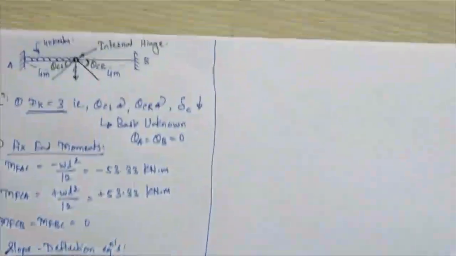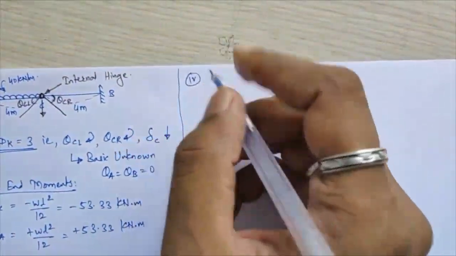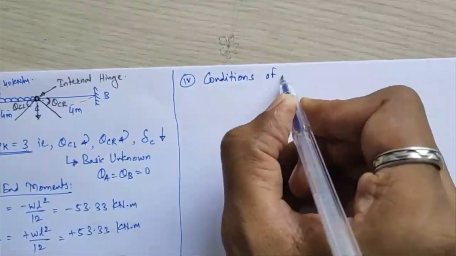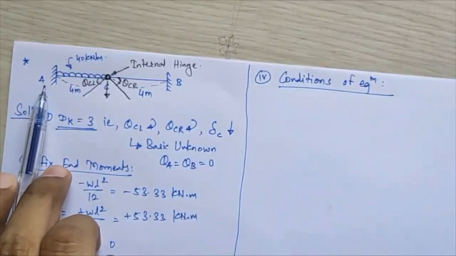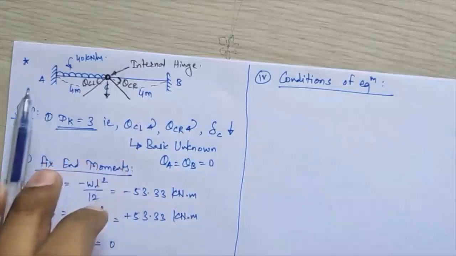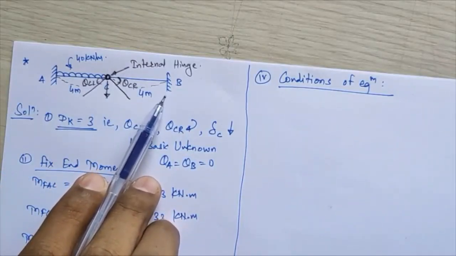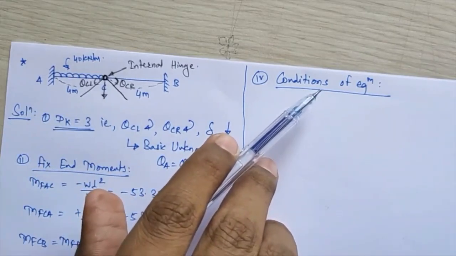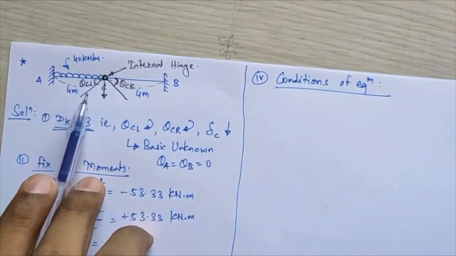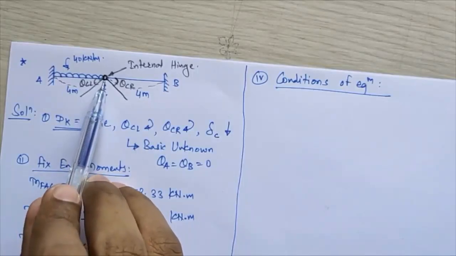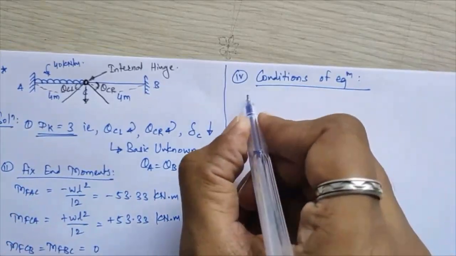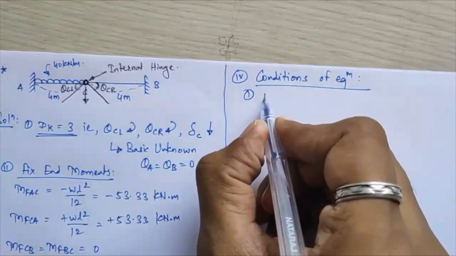Okay, now next step we have to consider the conditions of equilibrium. If you see the geometry of this beam over there, for conditions of equilibrium you cannot say that moment at A and moment at B will be 0, because these are fixed supports, which will take some amount of bending moment. So whatever conditions of equilibrium are coming, they will come only at this joint C. As I told you, the property of an internal hinge is that its individual moment on both the sides will remain 0. So the first condition will be